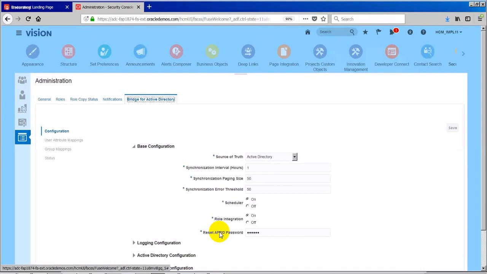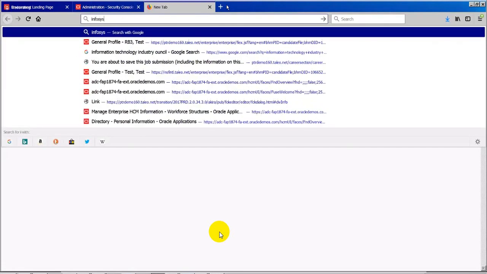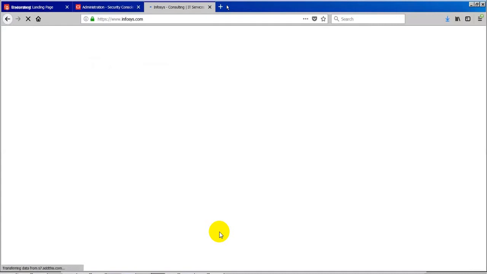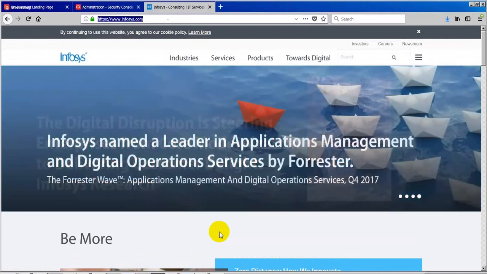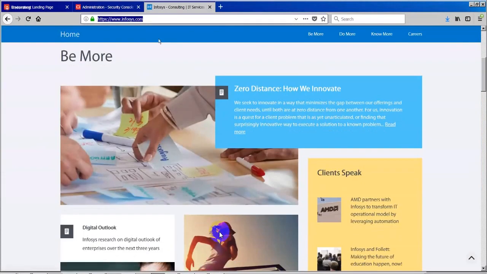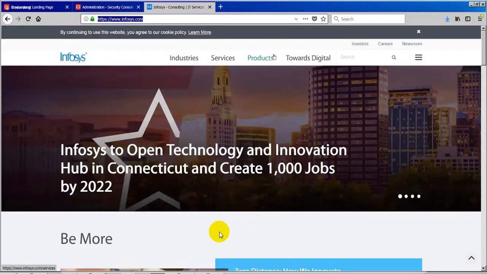For example, in any company, how it happens. Let us say we take some company, Infosys. In any company, what happens? If an Infosys employee is there, the person will go to the apps portal of the Infosys company, right? The internet portal. Okay. In that internet portal, they will have something called a Fusion link.